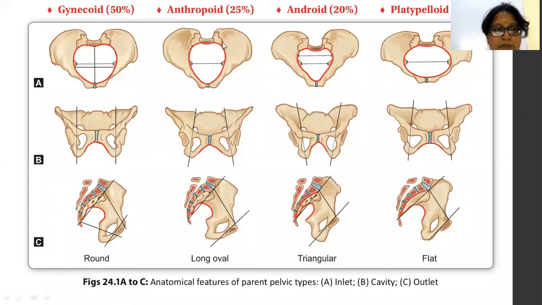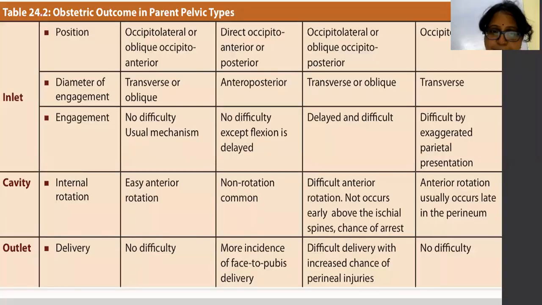One is the gynecoid pelvis, which is round in shape, and we have to look at the sacrum. The sacral angle is more than 90 degrees, and the sacrum is well curved from above onwards and from side to side in a gynecoid pelvis. And in the cavity, we will see the sacrosciatic notch, and then the side walls of the pelvis. And here we will see whether the ischial spines are palpable or not, the interspinous diameter, intertuberous diameter, and the pubic angle. So we have seen how they are in each of the pelvis, in gynecoid, anthropoid, android, and platypeloid pelvis.